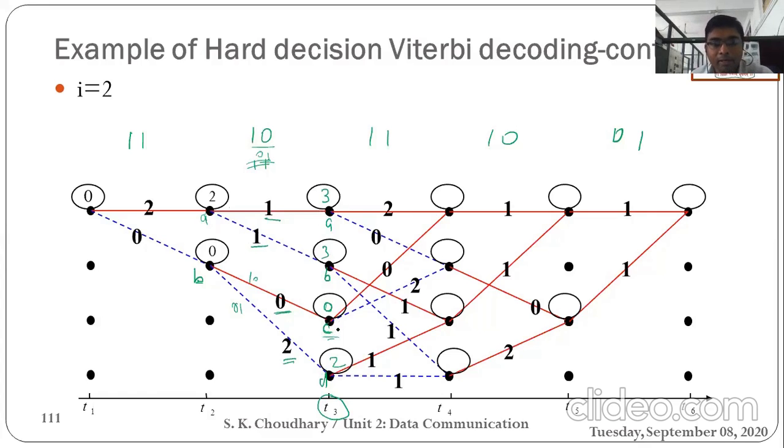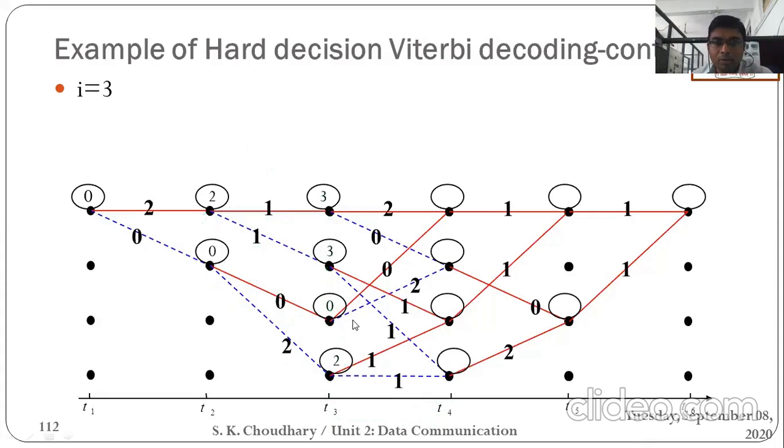So till whatever the lowest path is at the C, but we would come to this point later on. And now we would increment the level for the next time step when you have to move from T3 to T4, you would increment the level by 1. So at that time you can see here your level has been increased by 1, and we would write the received code word as it is as in the previous case. So now we have added T4. So we have transferred from T3 to T4. So at that moment A, B, C and D having the state values. A is having the metric value 3.